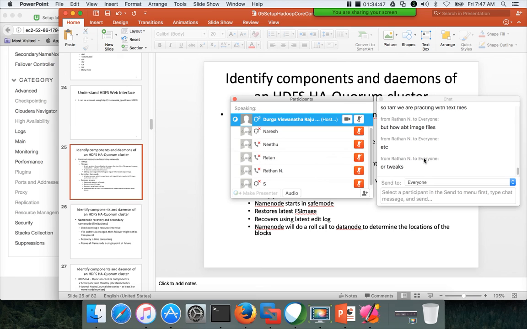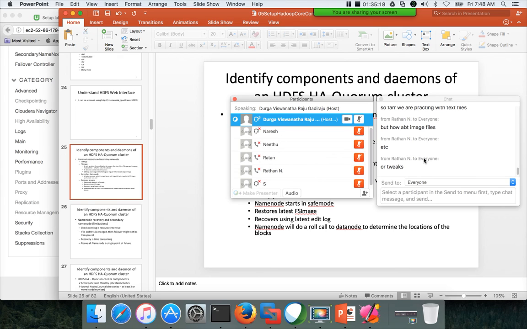So for example, if you have image files and if you want to do certain processing, you have to write MapReduce programs to do the processing. And if you want to view them, you have to port them back to some operational system such as a NoSQL database, and then you have to develop an application on top of that to view those images. There is no way you can actually directly manipulate the images using HDFS.